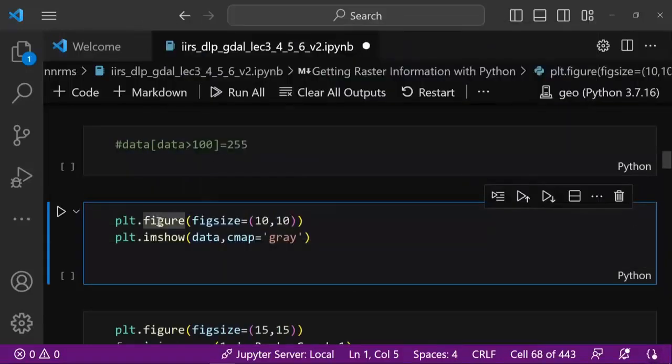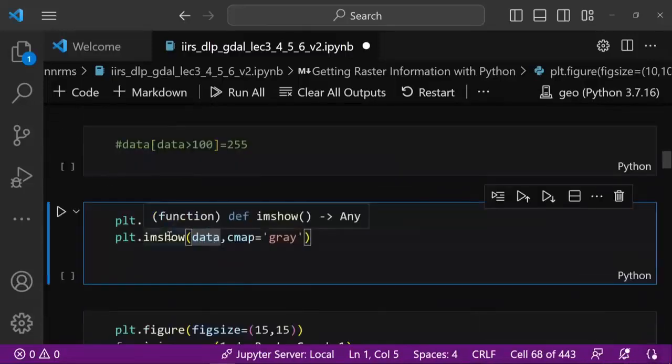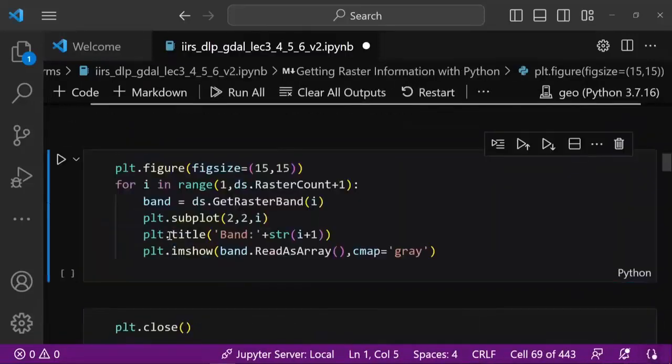Here we are not explicitly creating a figure and axis; we are directly using pyplot because it is more convenient. First I am creating a figure of size 10 by 10, plt.figure 10 by 10. Then I am calling plt.imshow and passing the data array of band 1. If I run this piece of code,